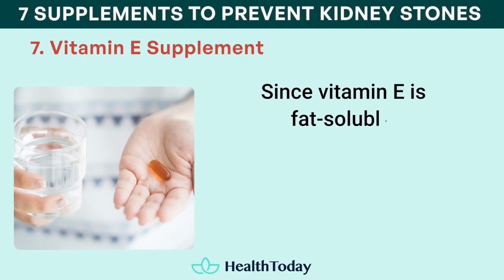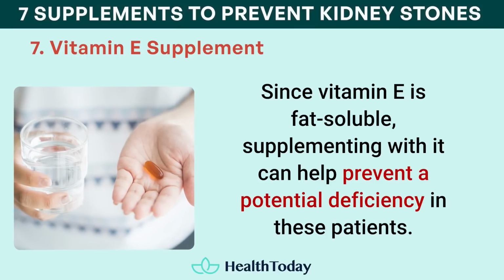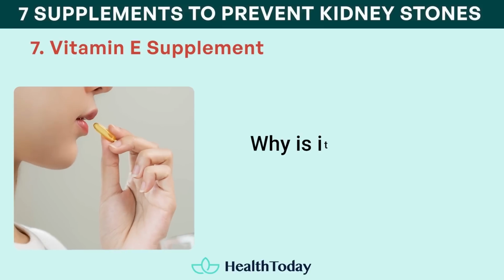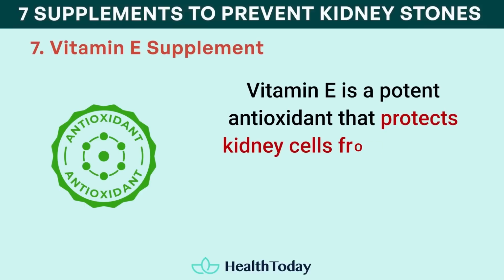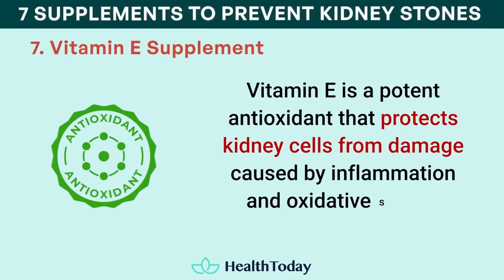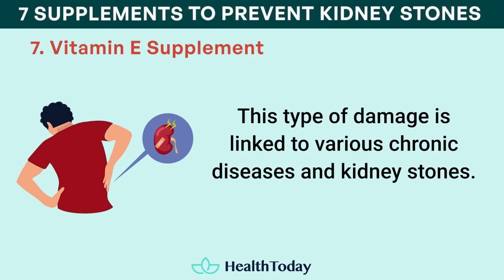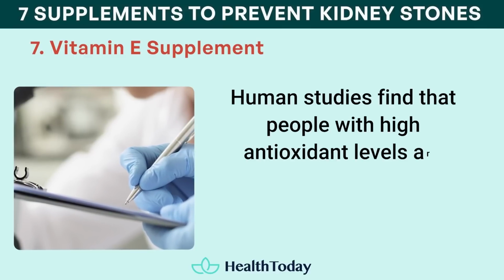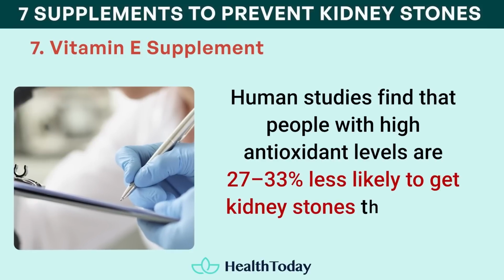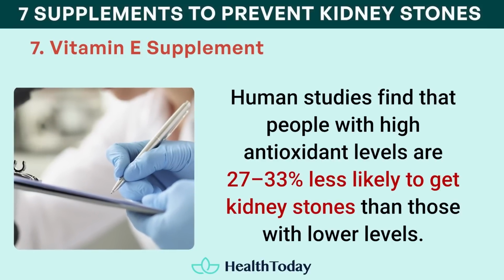Since vitamin E is fat-soluble, supplementing with it can help prevent a potential deficiency in these patients. Why is it important? Vitamin E is a potent antioxidant that protects kidney cells from damage caused by inflammation and oxidative stress. This type of damage is linked to various chronic diseases and kidney stones. Human studies find that people with high antioxidant levels are 27 to 33% less likely to get kidney stones than those with lower levels. Moreover,